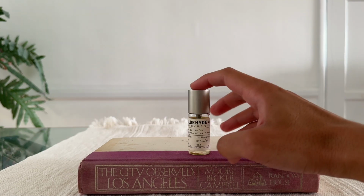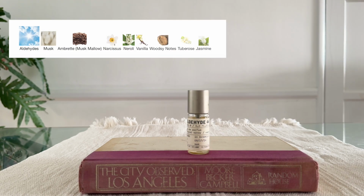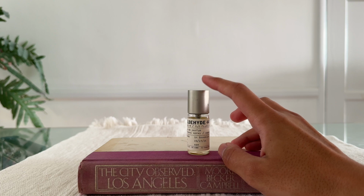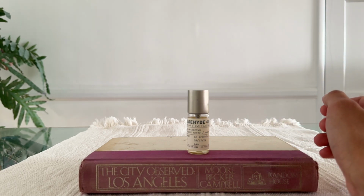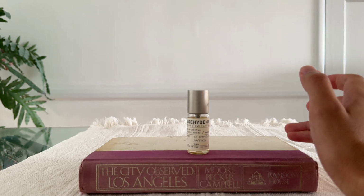It is one of the more interesting fragrances that I've tried in a while. The notes on this one are aldehydes, musk, ambrette, narcissus, neroli, vanilla, woodsy notes, tuberose, and jasmine. It's interesting though, because the feeling that I get from this more than anything is one of soft focus, where all of the notes are kind of obscured or blurred by the extreme dose of aldehydes resting on the top